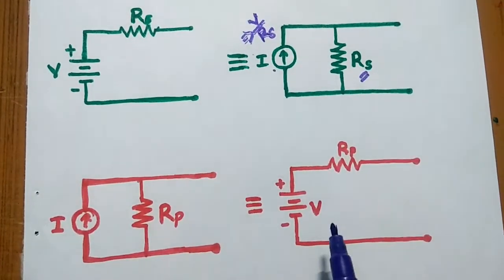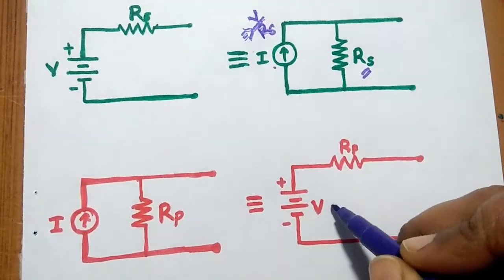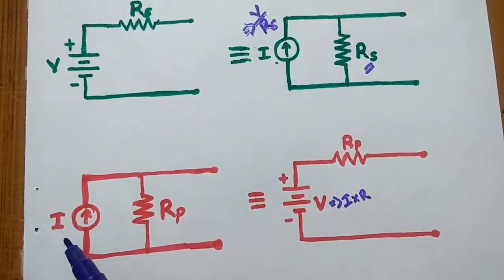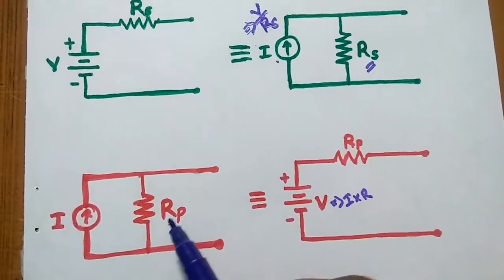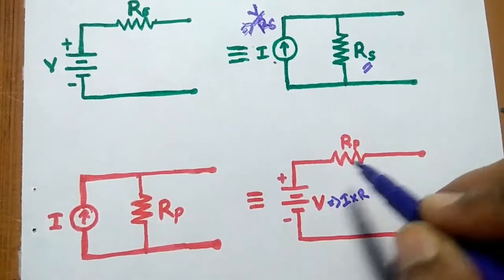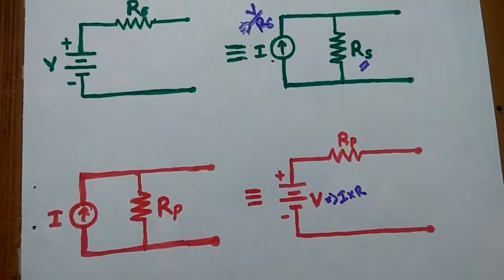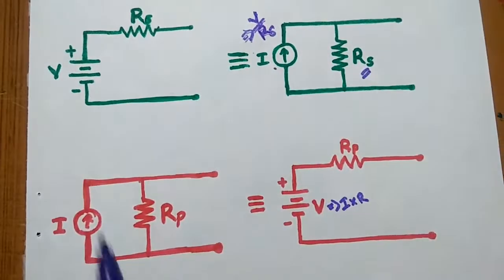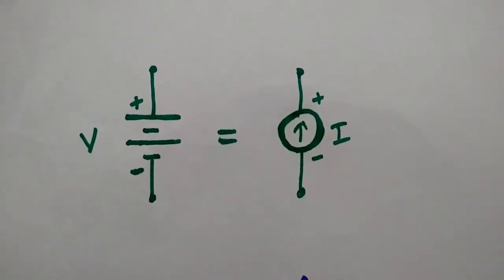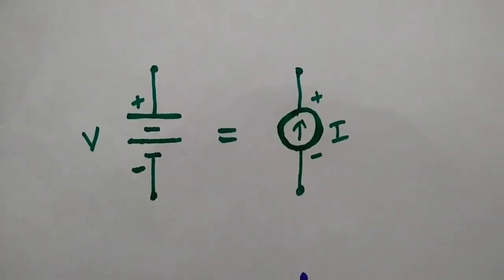Here current to voltage source, the voltage for this is equal to I into R. Okay, I is the given value in current source, R is the given resistance value. Here the resistance of this voltage source is equal to the current source. Okay, so this is the overview of the source transformation. So next, the terminologies are very important in source transformation.